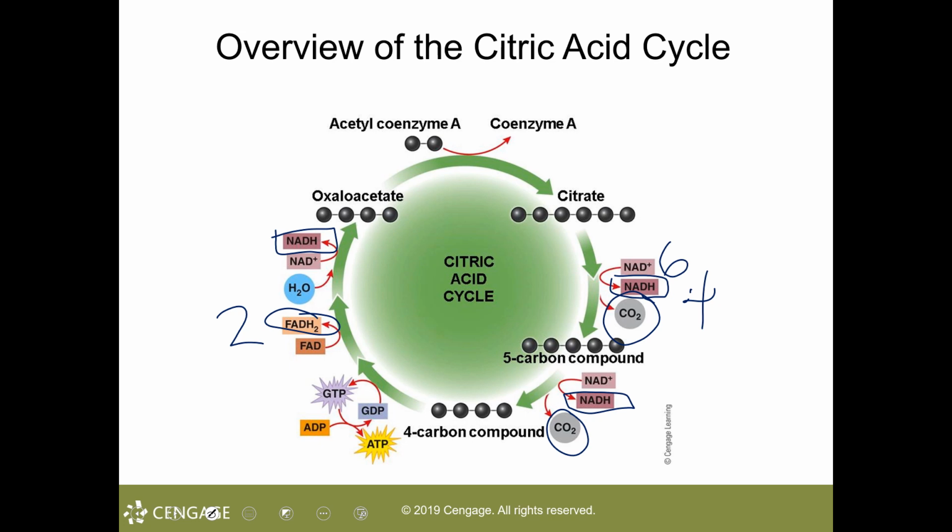And of course, there will be 2 ATP. What I'm stating is that per glucose molecule that is used, we will have 4 CO2, 6 NADH, 2 FADH2, and 2 ATP. So I'm giving you what's yielded, what the products are of the citric acid cycle, or citric acid and Krebs